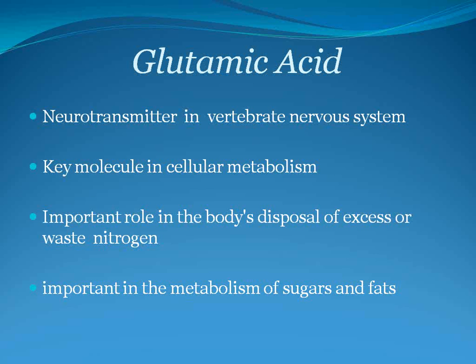Let me make a comment here about glutamic acid. The most common neurotransmitter in the brain is glutamic acid. It's wider spread than anything else. Now, it's important in memory formation and many other functions of the body. However, excessive stimulation of glutamic acid or glutaminergic synapses